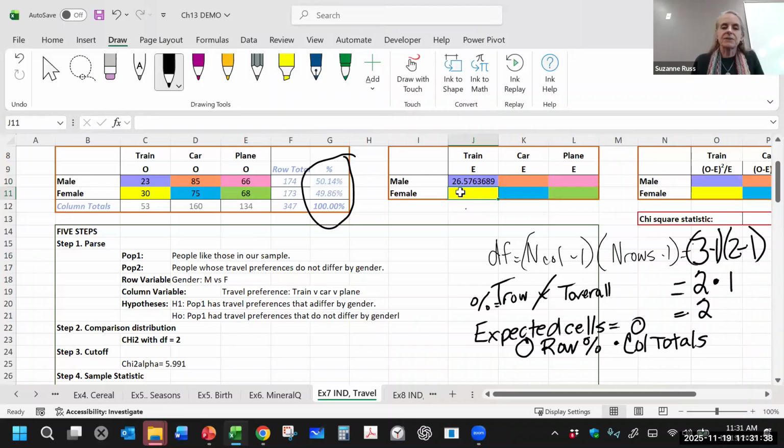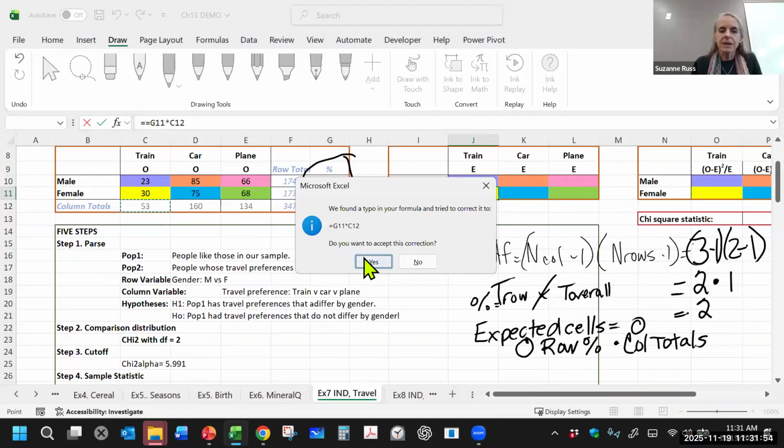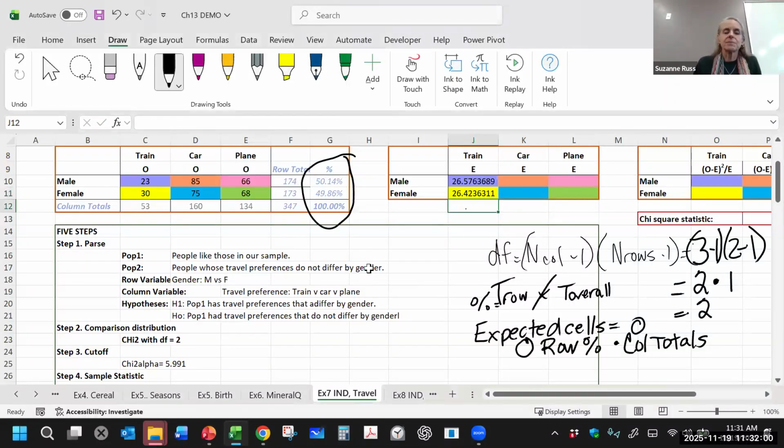What would we expect for females? We would expect, so now we're going to take this female percent, this 49.86, and we would, of those 53, and we would expect, let's see if we did this right, 26.47 people